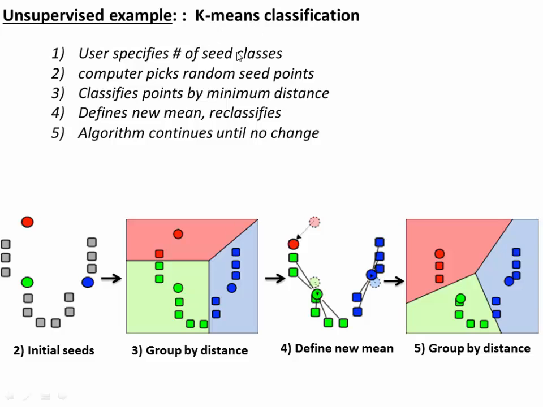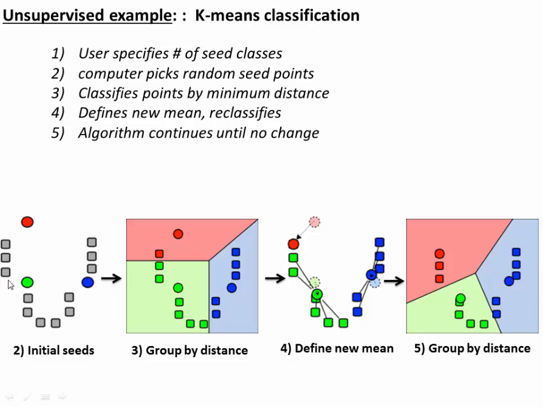Now, in some of these algorithms, the user can specify the number of classes. So you could say, I want the 6 most spectrally distinguishable classes. And in the k-means algorithm, what the computer does is it picks some seed points. So those would be red, green, and blue here. And by the way, we're looking at data plotted in band space. So each point is a pixel, and the x-axis would be like band 1, the y-axis would be like band